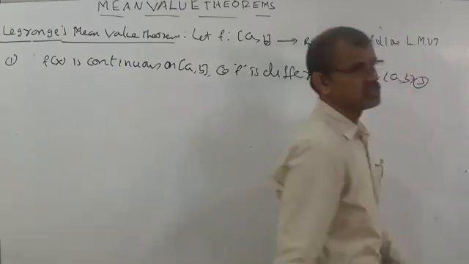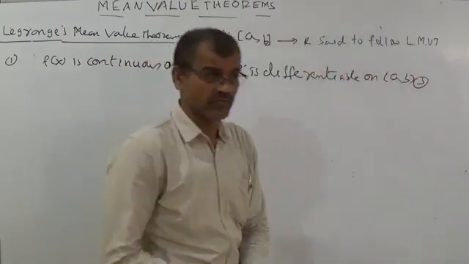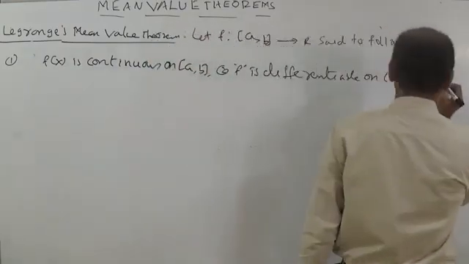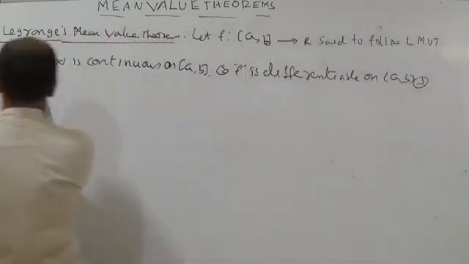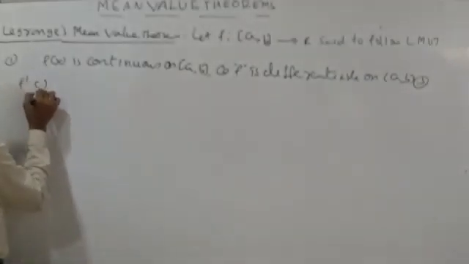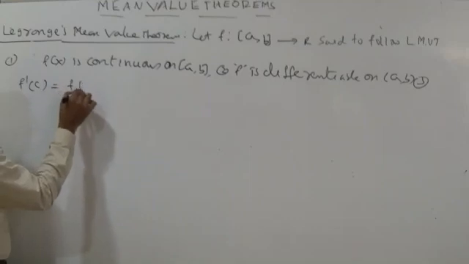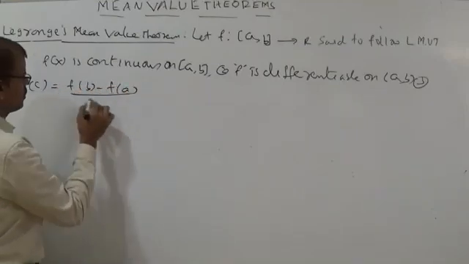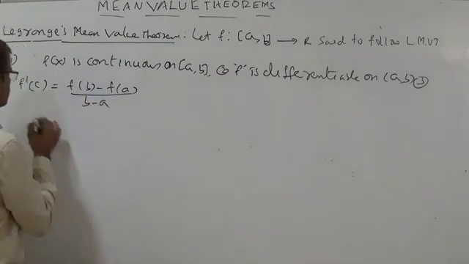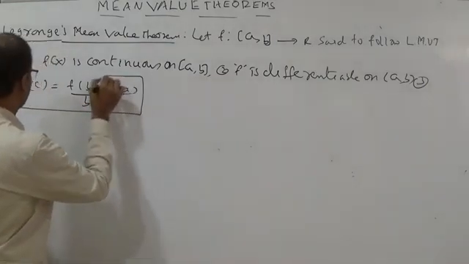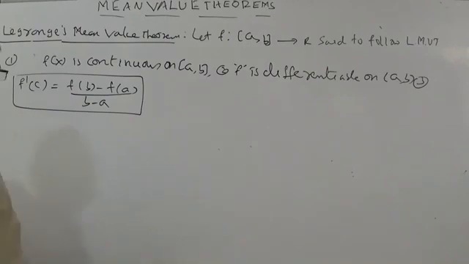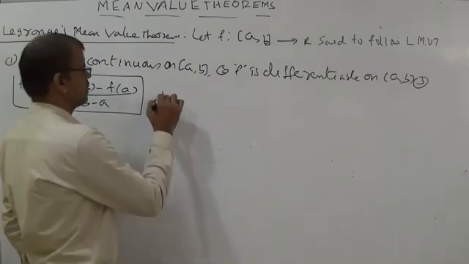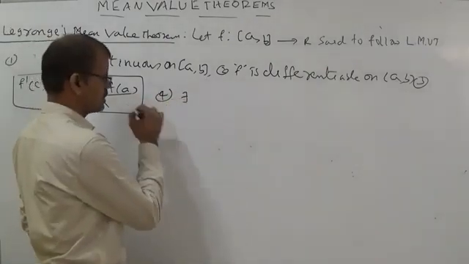Third one: here there is no question of f of a equal to f of b. Here, for the third one, you should write f dash c equal to f of b minus f of a, whole by b minus a. This is important, mind. There exists, in the same way,